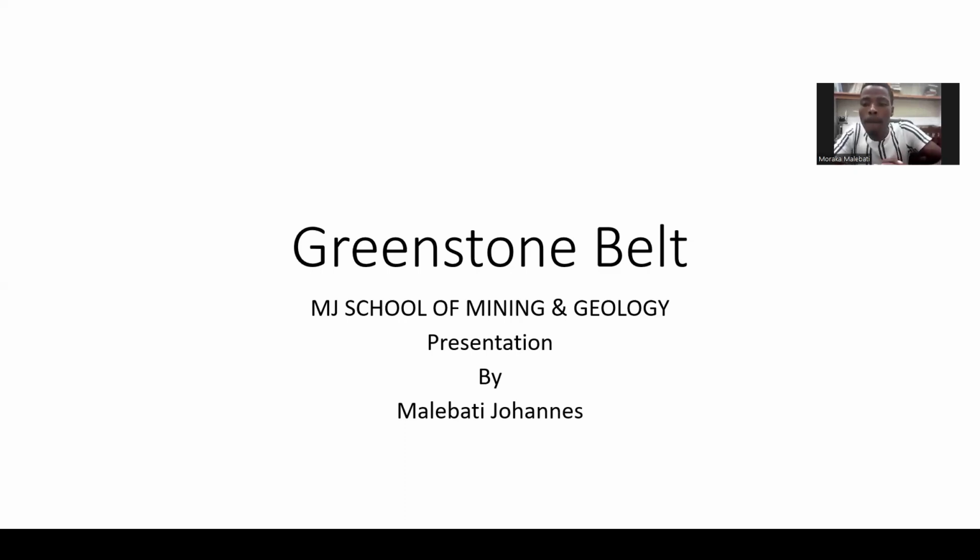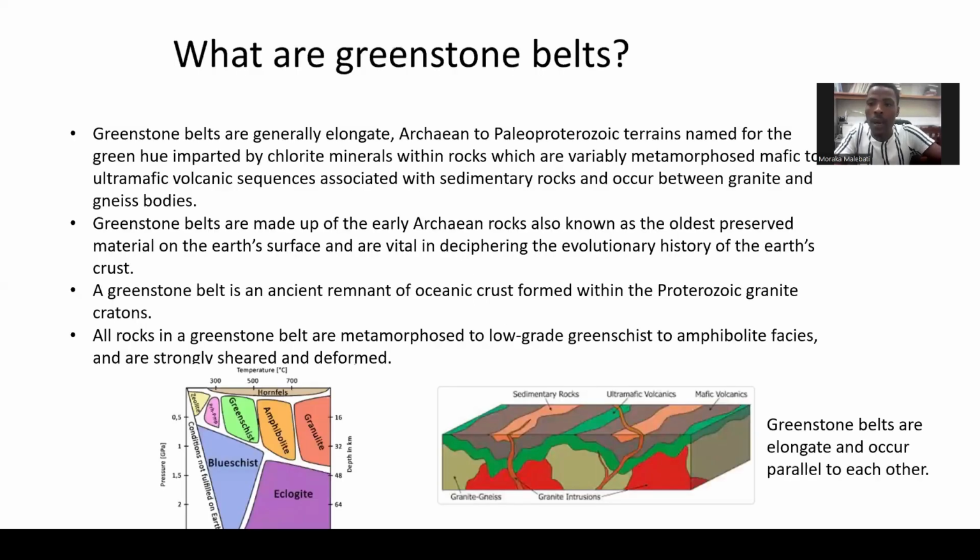Now, basically, like I said, the Greenstone belts are defined in simple terms as ancient remnants of oceanic crust, which occur within the TTGs or within the granite and granite gneisses. All right. So